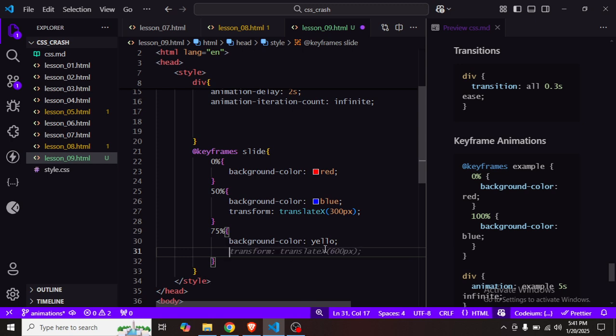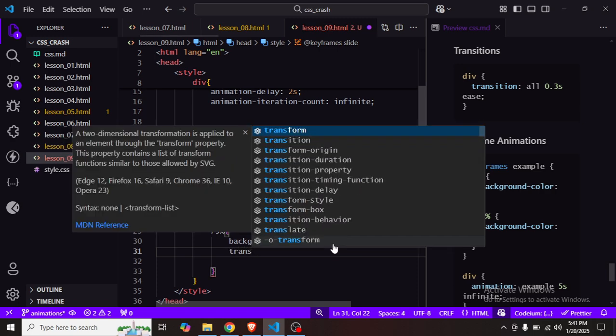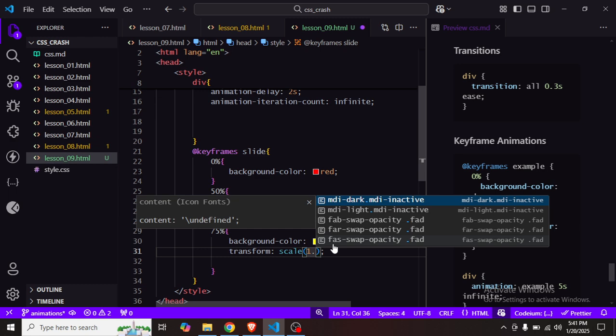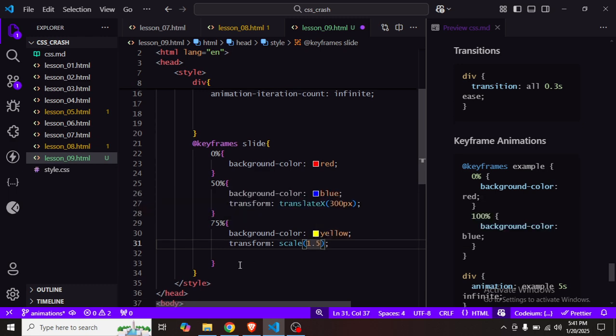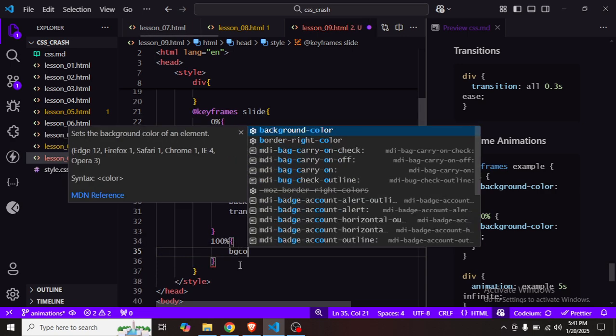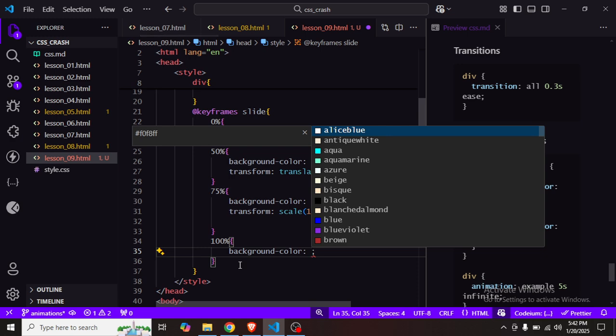I think I spelled it wrong, yellow, and transform, this time I want to scale it, transform scale, and the scale should be 1.5. Okay, and on 100% I want the background color to be green,